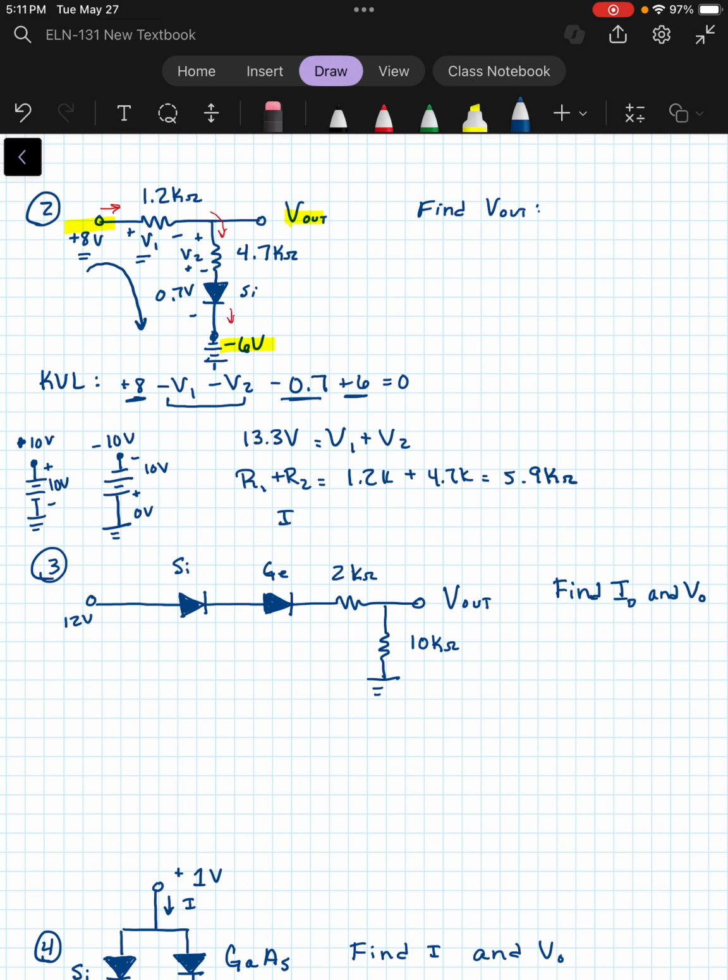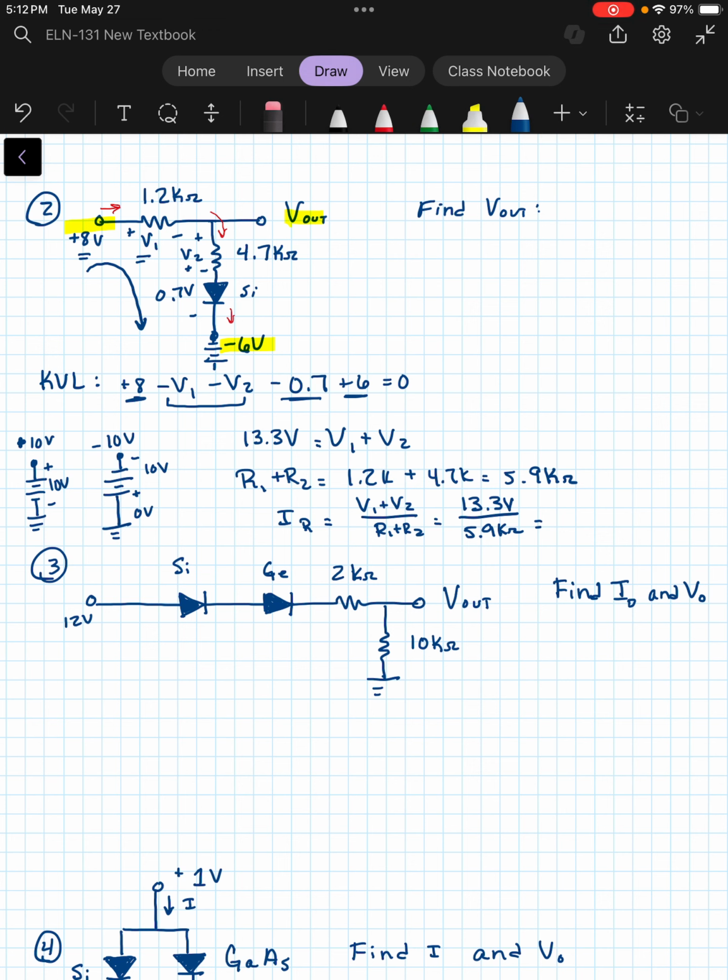So if we want to know the current through those resistors, we would take the V1 plus V2 over the R1 plus R2. So we have a total of 13.3 volts divided by the 5.9 kiloohms, and that should give us our current. So 13.3 divided by 5900